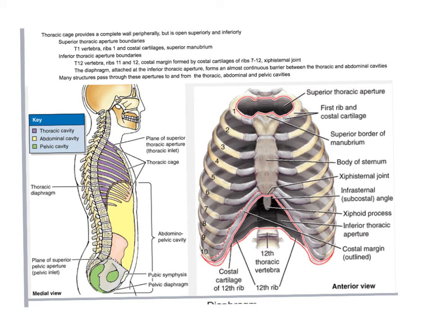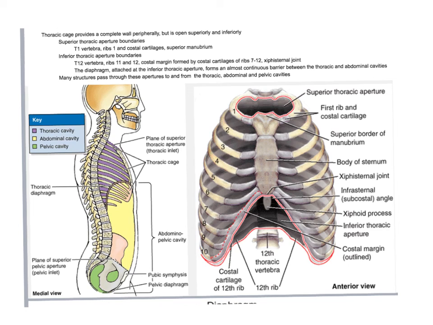The borders of the thoracic inlet are the T1 vertebra, rib number 1, the costal cartilage for rib number 1, and the superior border of the manubrium. And the inferior thoracic aperture boundaries are the following: T12 vertebra, ribs number 11 and 12, the costal margin formed by the costal cartilage of ribs 7 to 12,